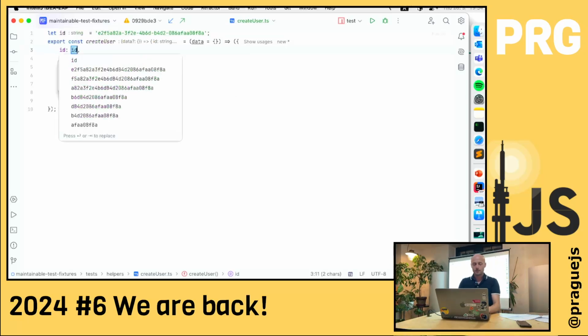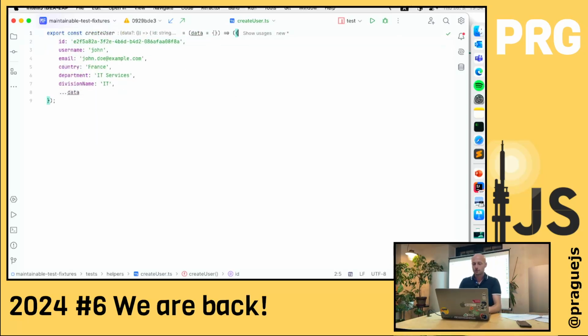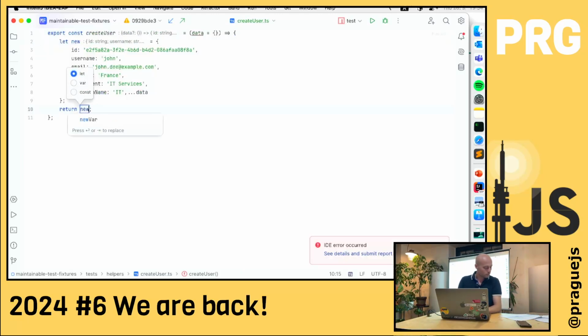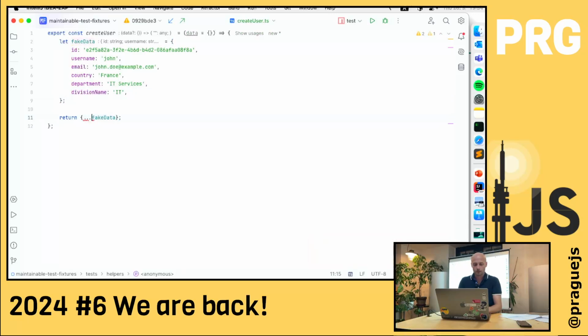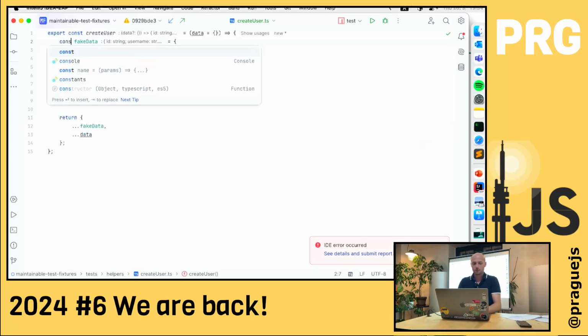So I will assign, a little refactor, because I want to make it nicer, so it would be fake data. Does it work? And yeah, a little adjustment to fix the OCD. And what? Still not done.